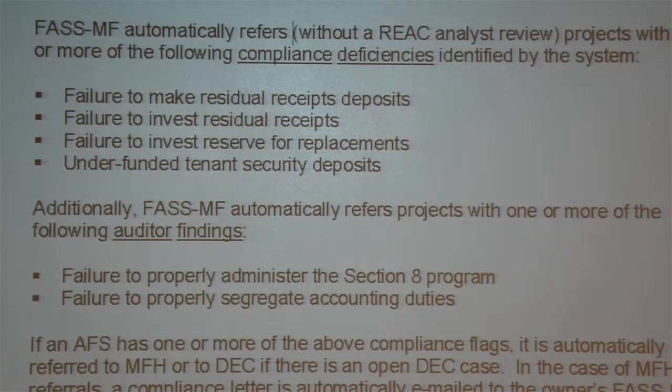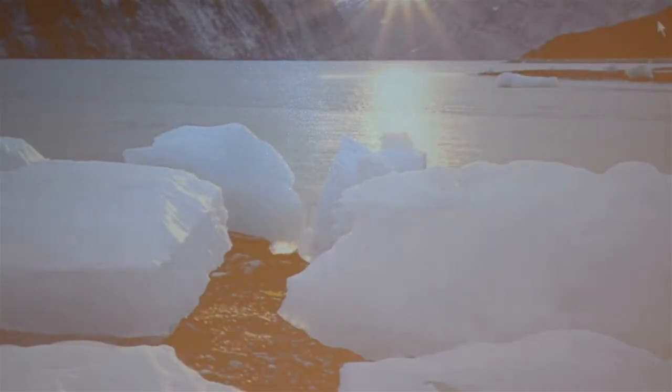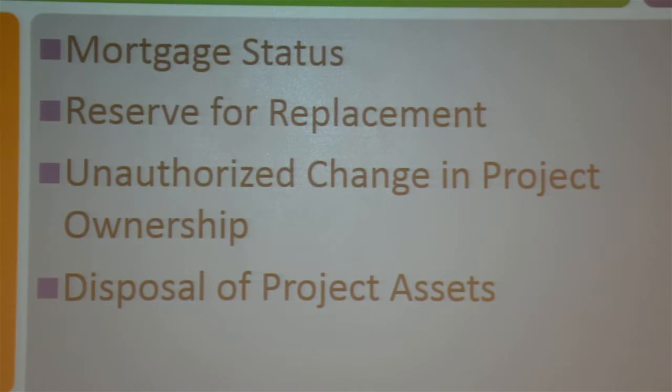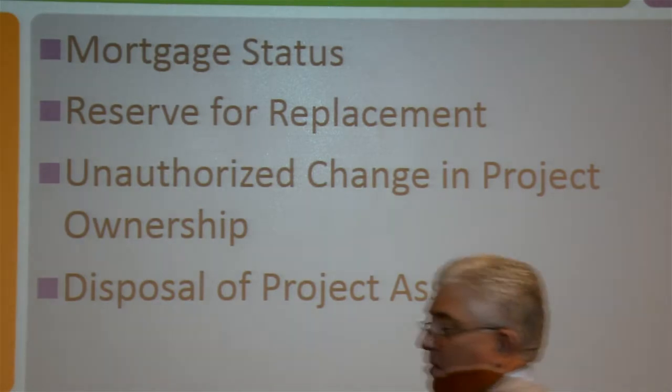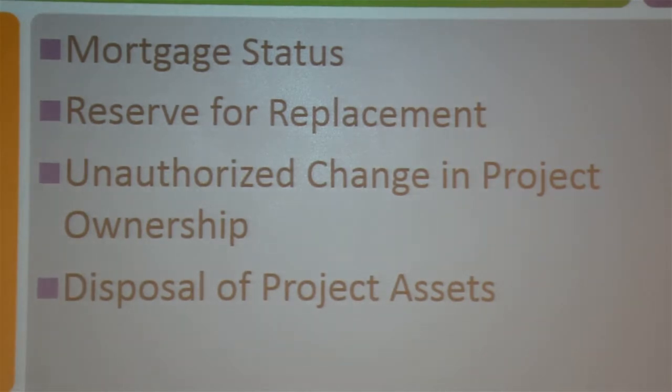Unlike equity skimming, right? Equity skimming stuff goes to REAC's judgment because they're afraid of detecting stuff in the system that does not actually represent equity skimming. So before they jump there, they want to read the facts or the disclosures that you've given them. So this is sort of a knee-jerk reaction, and that's why we get down to having this discussion more about judgment and understanding, like even say the referral flags to the Departmental Enforcement Center. So that's what that stands for, Departmental Enforcement Center.